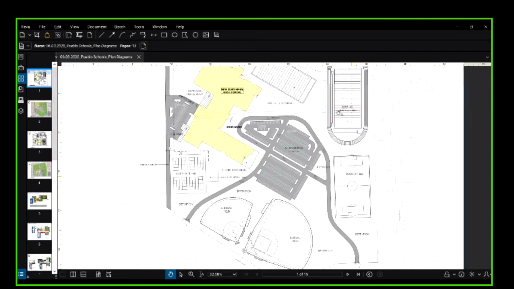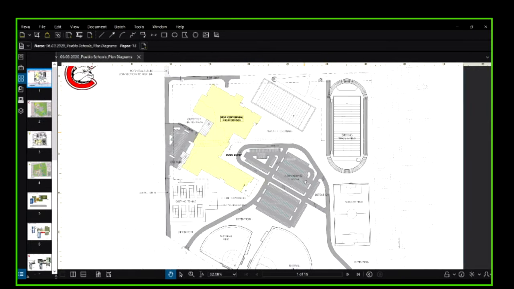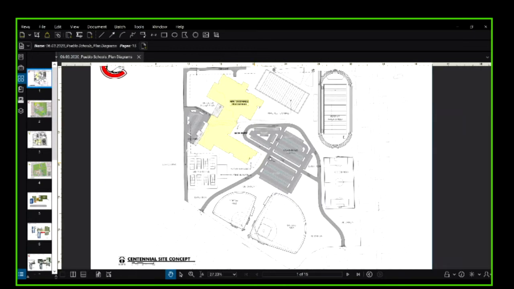We're maintaining the existing track and field location up on the hill, and then we'll have our practice football field oriented along with the building on the north part of the site, along with our distance and shot put. Of course, we're trying to maintain room for future expansion, so you'll notice that on these wings. The main entrance to the school, we'll see this all in 3D, is open to that main drive. So as you pull up, you should very well know where the entrance to the school is. And then off to the back, we have our CTE yard, our service and loading drive, and about a 100 stall staff parking lot off the back.